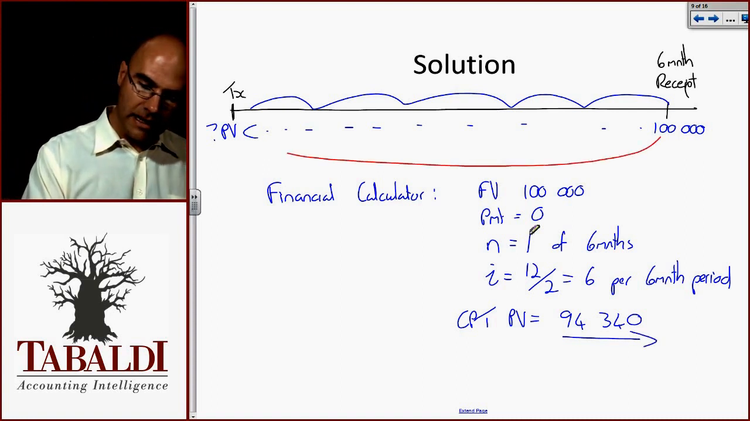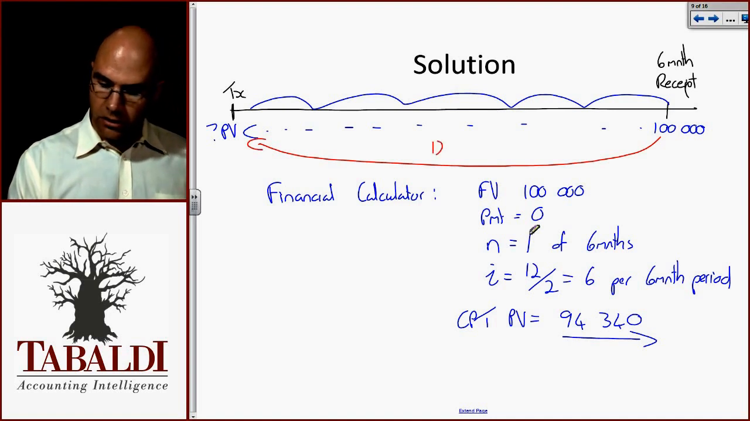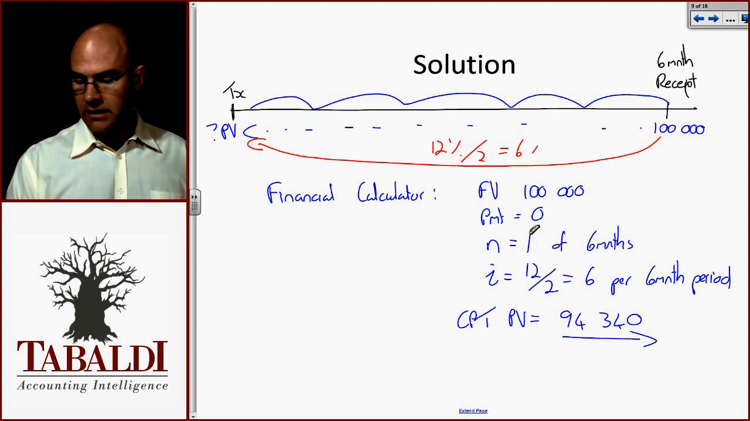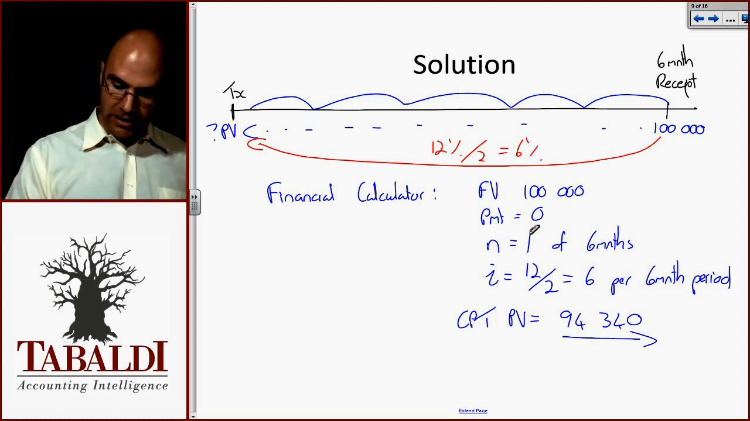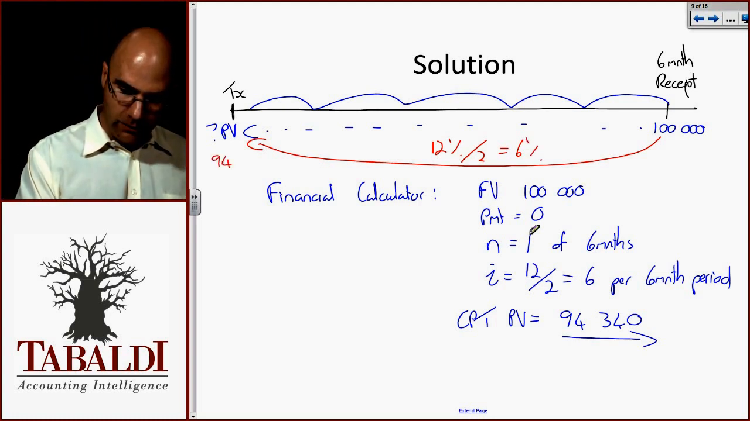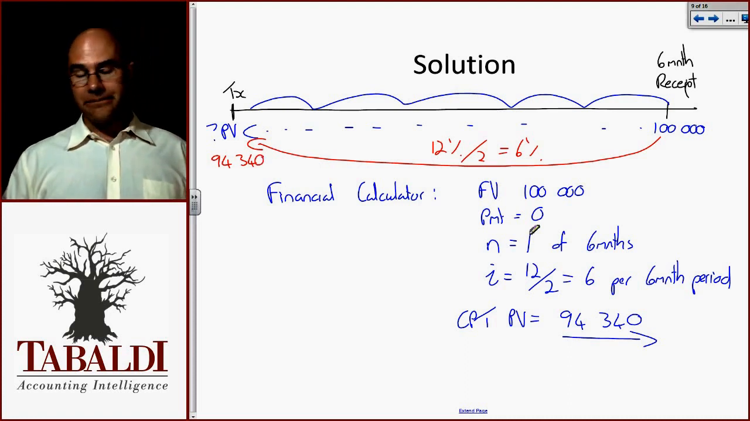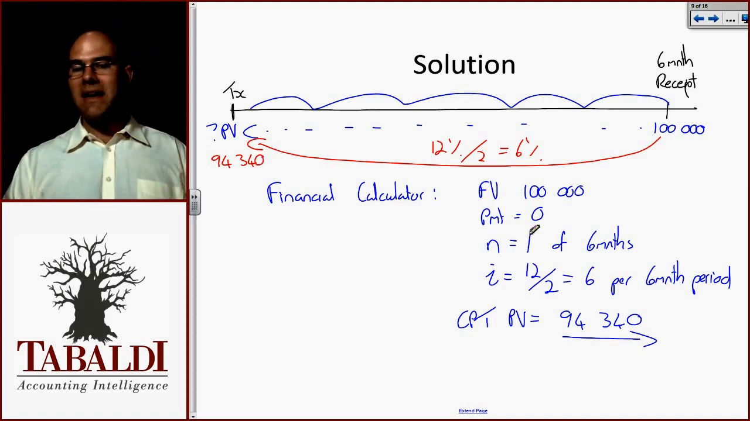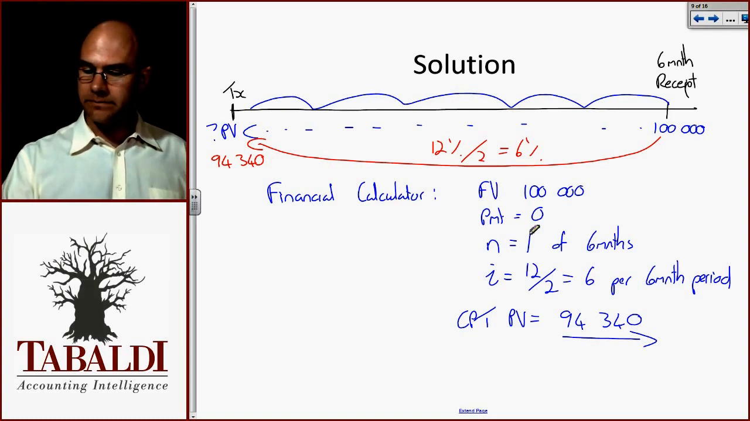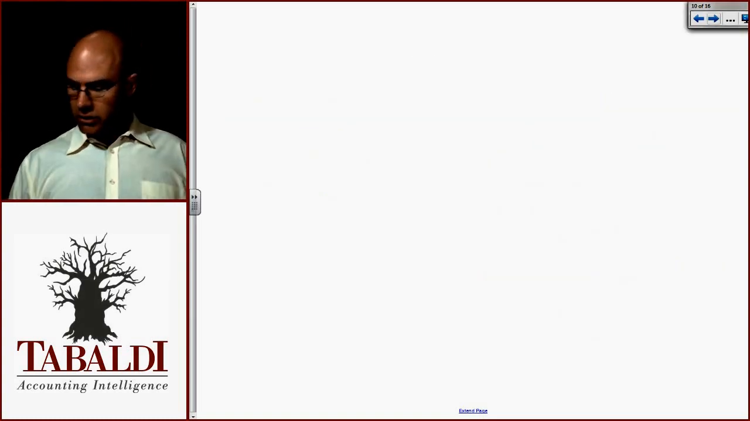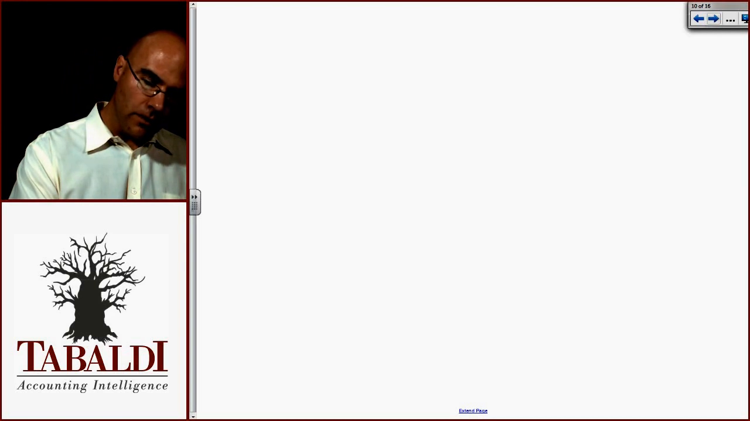Okay, so I've taken the 100,000. I've gone and discounted it based on 12% divided by 2 6-month periods gives me 6%. The present value is now equal to 94,340. So, next up, we're accountants. The maths is not enough. We need to do the journal. So if I do the journal on the transaction date,